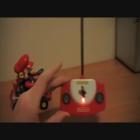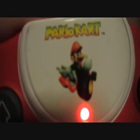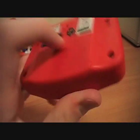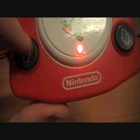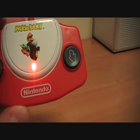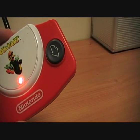It says Mario Kart. It's got a few scratches on it because I've had it for a while. Batteries go in there, switch there. This button to go forward, that button to reverse. Unfortunately, it doesn't come with a